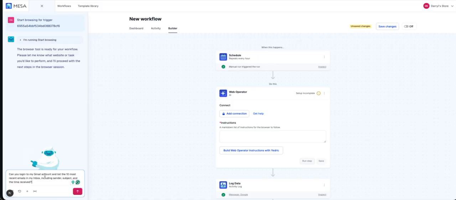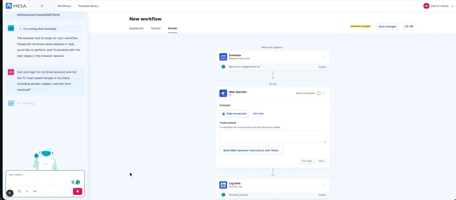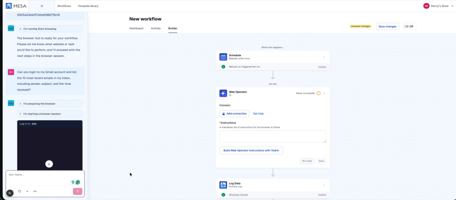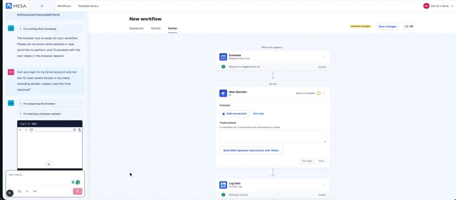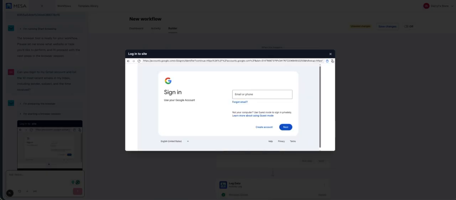So the web operator is a great tool to use to solve this particular issue, especially when you're extracting data from a place you need to be logged in. We already have tools. We have a scraper tool. We have an API tool that, if you are not logged in, can automatically get that data. But in any instance where you have to log in,